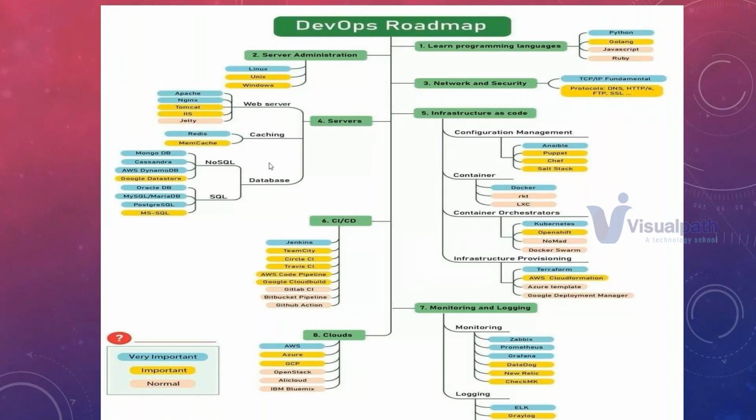And under database, I'll be covering SQL and NoSQL. Under SQL database, structured query language, I'll be covering MySQL and PostgreSQL. These are the two databases which I'll be covering here. And under NoSQL database, I'll be using DynamoDB. Not everything, I'll be covering DynamoDB from AWS. Okay, so your servers are covered right now. So you learned one web server, one cache server, and one SQL and one NoSQL database. So these are the tools.